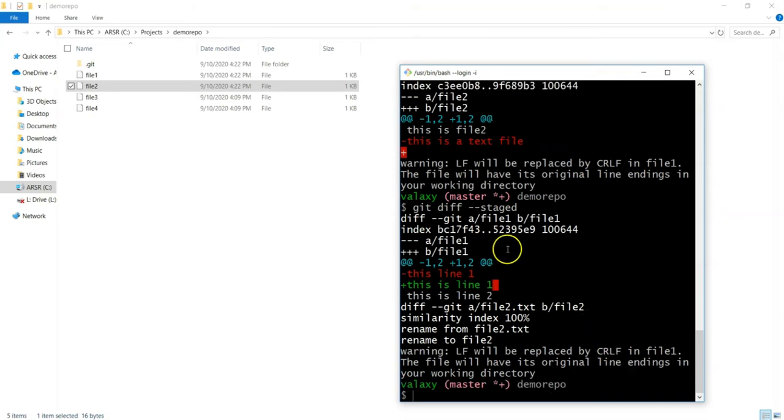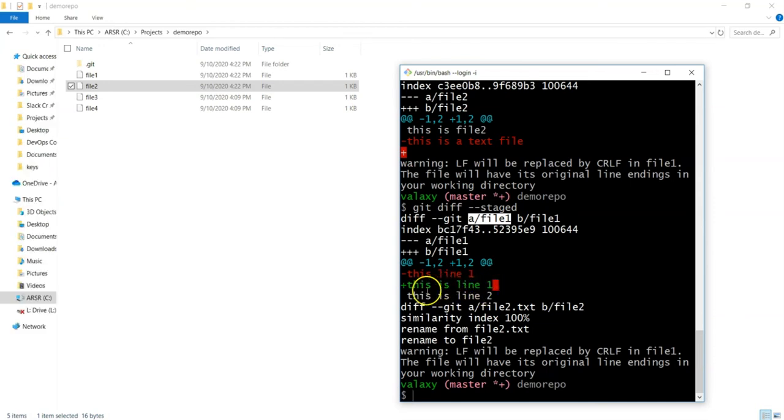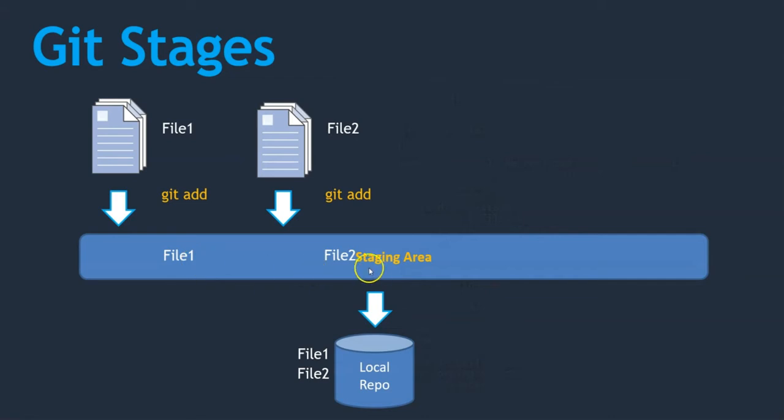You can just see here, it is comparing only file 1. Yeah, even it is comparing with file 2 as well. Okay, it identified the file 2 as well. Anyway, you can see here file 1. In file 1, what we have done, it is comparing with what we have committed in our local repository with the file which is there in the staging area, not in the working directory area. In working directory area, we have added one more line, right? This is line 3, but that is not tracked. Why? Because it is comparing files in the staging area with the files in our local repository. These two it is comparing.